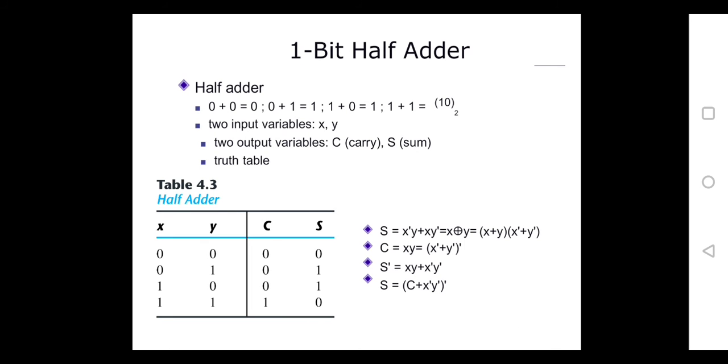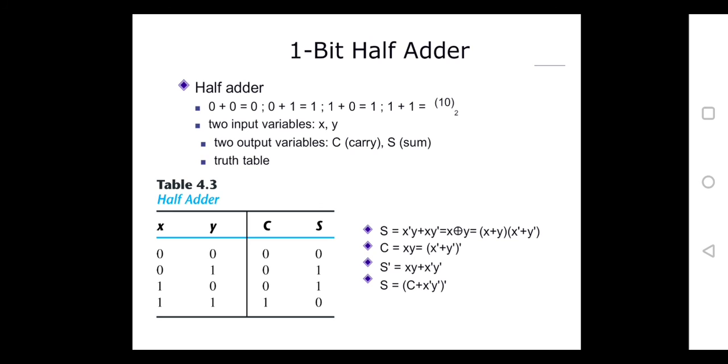So this is the next example, which is nothing but a half adder. As we know, the adder is a circuit which will perform addition. Half adder itself represents that it has the capability to perform addition of only 2 bits. As we are saying, it is performing addition of 2 bits, the number of inputs are 2, that is x and y. Whenever we are performing an addition operation, we'll be getting two outputs. One is sum and the other one is carry.